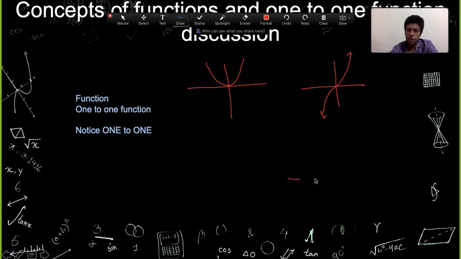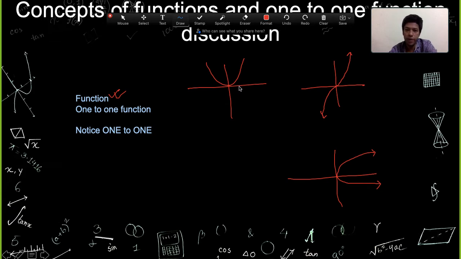Let's say you have some other graph, something like this, all these kinds of graphs. Okay, so we are talking about the function. A function tells us that for one x value, you have